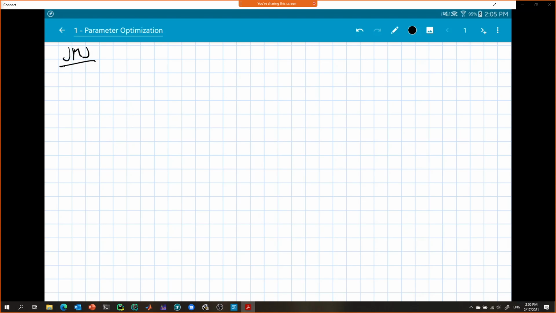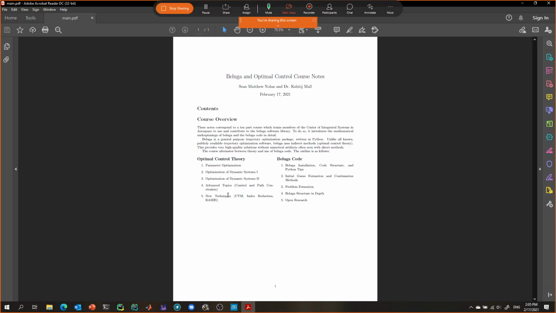So if I'm going to actually pull over, this is the front of the typed out notes I'm preparing. These are the course overview. And then we have optimal control theory and Beluga. So we're going to alternate. Optimal control theory days are going to be the Wednesdays, and the Beluga days are going to be the Fridays. We're going to have parameter optimization, and then 2 days of optimization of dynamic systems, starting simple and then becoming complex. And then we're going to get really complex in the fourth lesson, doing control and path constraints and other things like that. And then the 5th day is going to cover new techniques. And these new techniques are what enable us to do most of the things that we do with Beluga